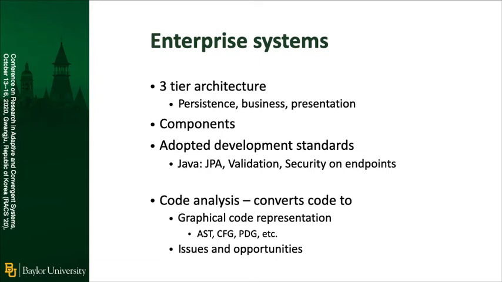Typically, enterprise systems are built on top of components. So if you imagine an enterprise development framework, there are various types of components, again, for persistence, for business logic, or for presentation. And many development standards have been introduced. So for instance, Java Enterprise Edition has Java Persistence API, bean validation for input, security API, and standards for endpoints, and